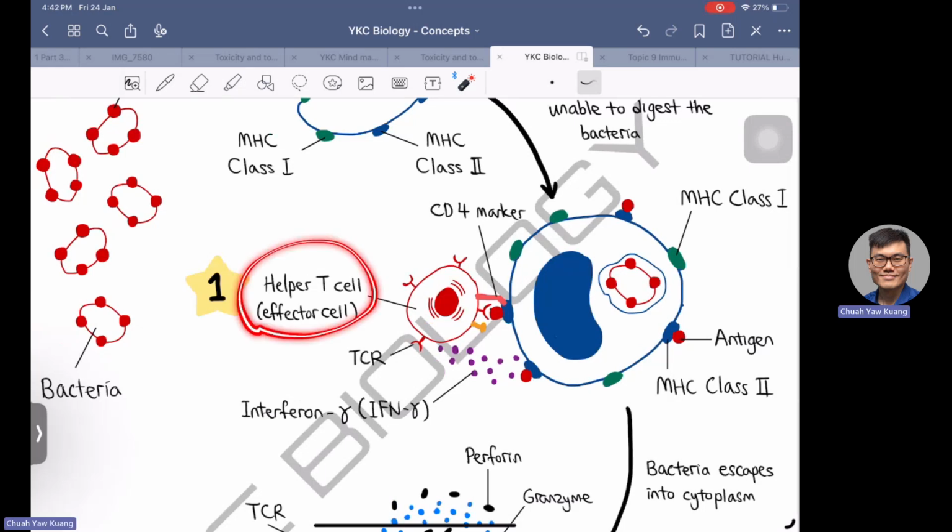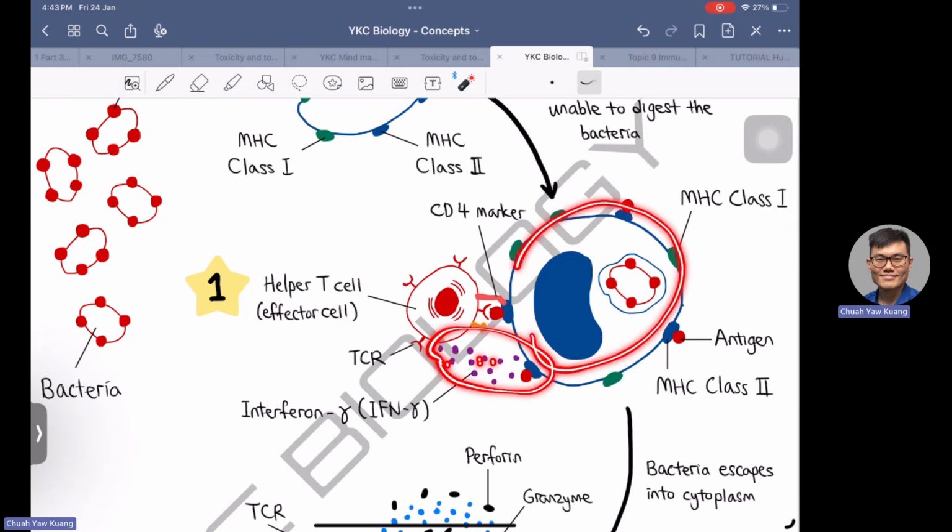The helper T cell uses its T cell receptor to recognize the antigen presented on the MHC class II molecule of the phagocyte. At the same time, the CD4 marker of the helper T cell will bind to the MHC class II molecule. So this is the double confirmation. After the double confirmation, this helper T cell will release interferon gamma. This interferon gamma is essential because it is going to activate the phagocyte in order to destroy the bacteria